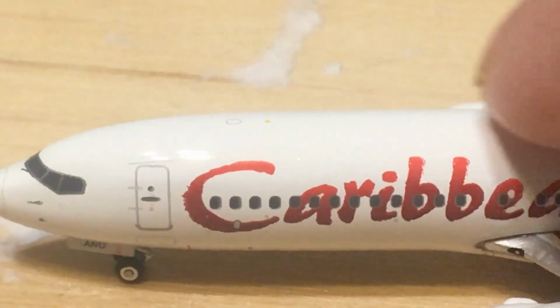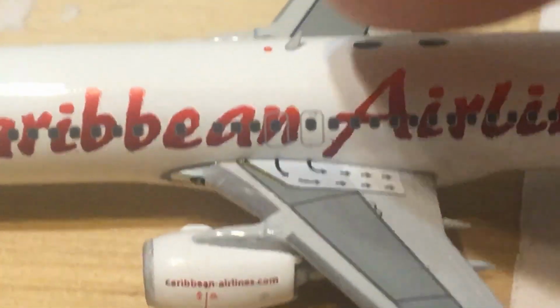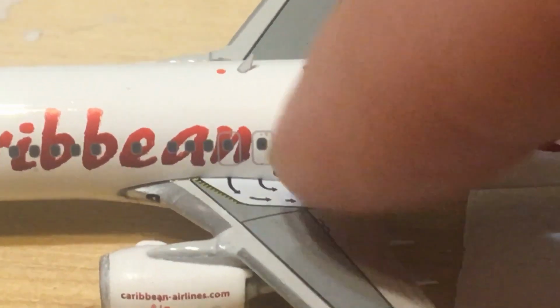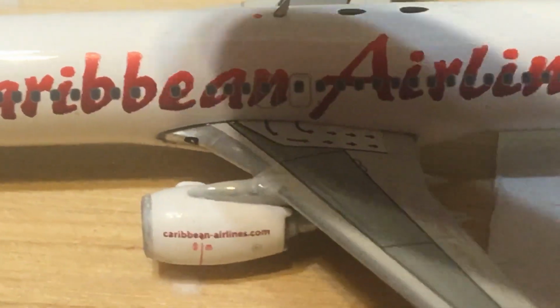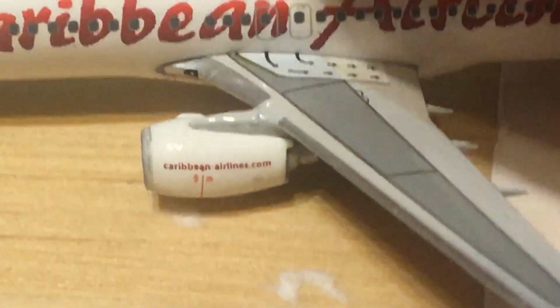Okay, right here you have the C for Caribbean. There's your main cabin windows. Great big huge billboard titles. There's your two overwing exits. The egress arrows for escape. You got your outline for the fuel tank on the wing. There's your landing light. Right here on the engine,